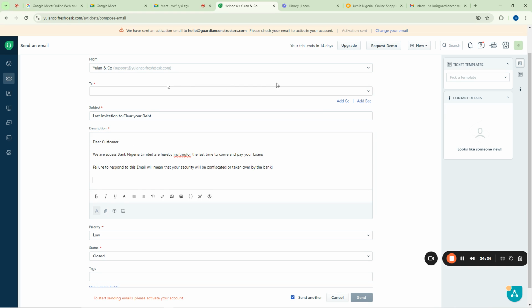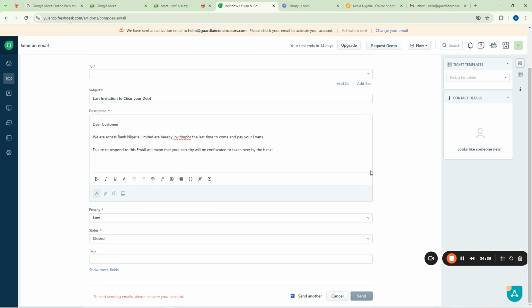So maybe you went to borrow a loan from them, and then you gave them your house or maybe your car keys and your car documents. So they're telling you that this is the last time they're going to invite you to come and pay your debt. Otherwise they will confiscate all that you gave to them if you refuse to respond. So that means if you don't respond now, that car that you gave to them, they now have the right to